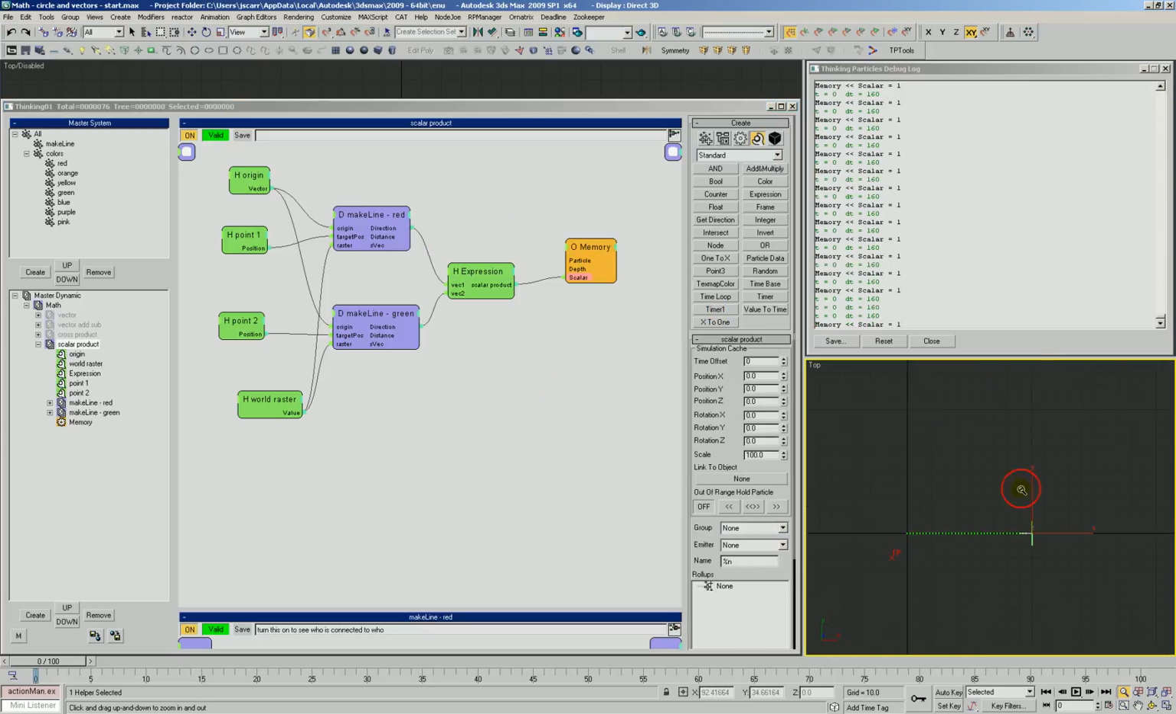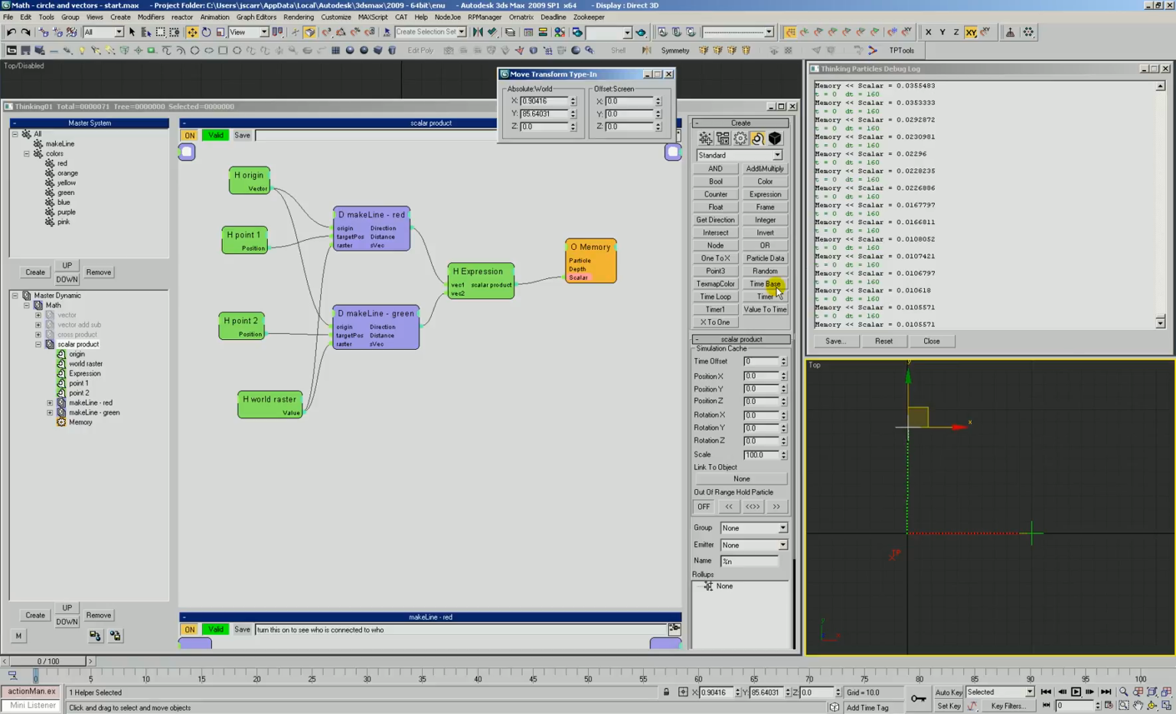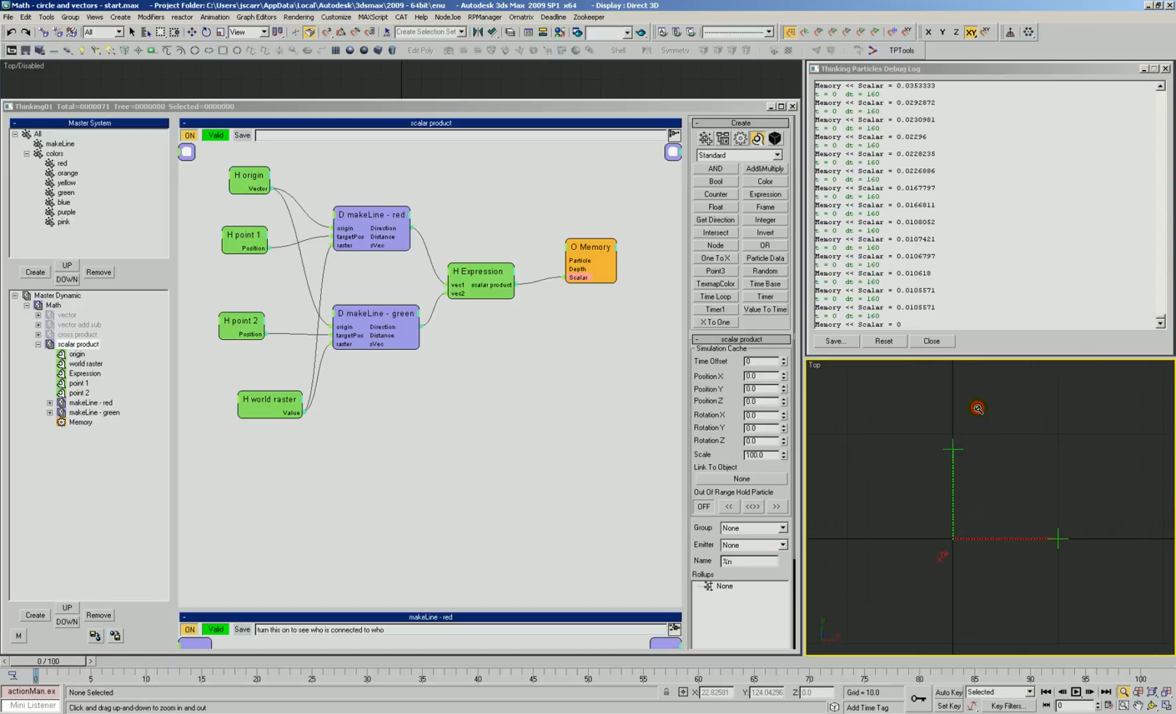Now what we want to do is look at what happens when this angle becomes 90 degrees. With 90 degrees, what we get is a scalar product of 0. This tells us that these vectors are perpendicular to each other. So this is one way that we can detect vector similarity. And as this angle becomes greater than 90, we start to get into negative values, meaning